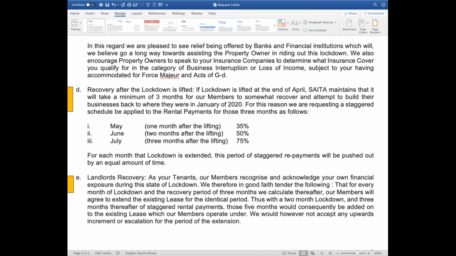So the question I have is, for the restaurant portion of people who are members of CITA, like myself and Yumshis and bootleggers, we might face a situation where we get back at the end of lockdown, and we're sitting under restrictions of not being able to sell alcohol past 6 o'clock in the evening, plus the weekend restrictions. Furthermore, there might be a restriction on the number of people that we can hold in our venue. If they stick to the 50, including staff, then I'm way down, sitting at a third to 40% of my capacity as a business.